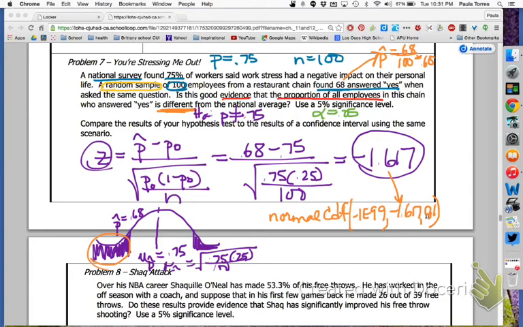And that's going to get me a 0.05, but that's just for the left. So I have to double it for the right, so that my p-value